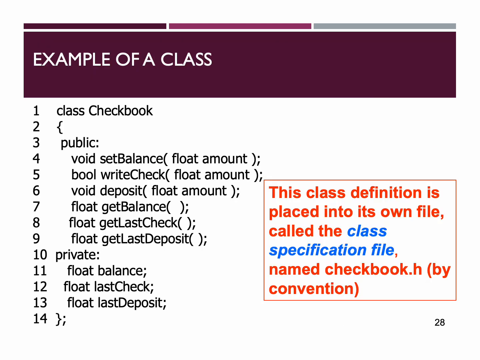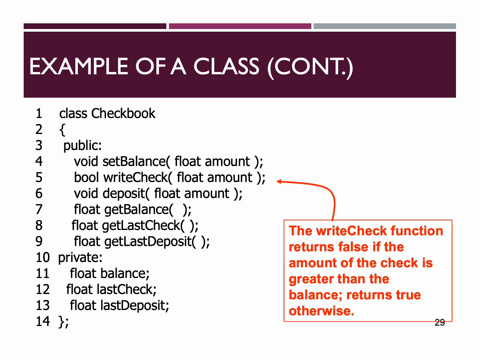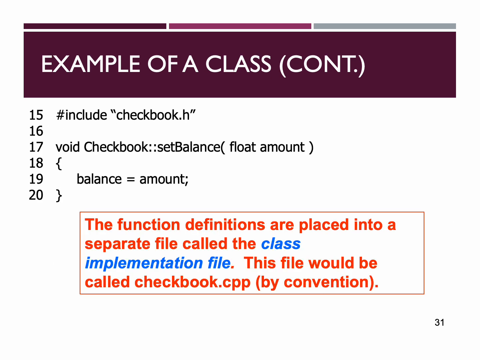Public class. Here, if you see, the fourth one is get balance and the fifth one is get last check. We declared this balance variable, which is float data type, inside private. You see, we have 3 variables: balance, last check, last deposit. All of them are float data type, and these are all private, and these are all public functions. Inside these 2 functions,